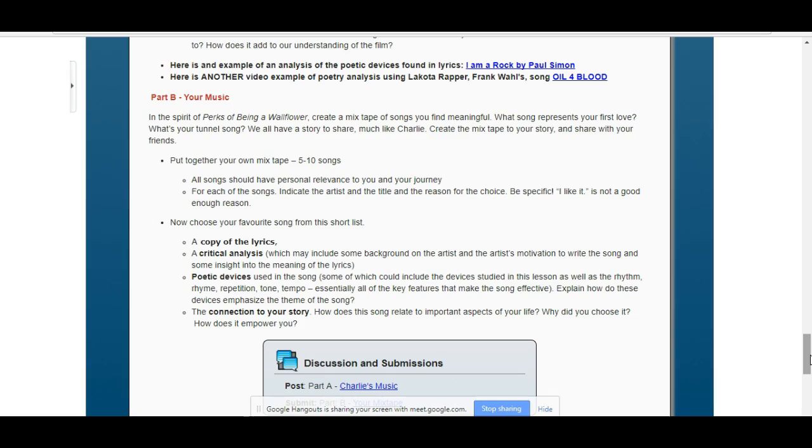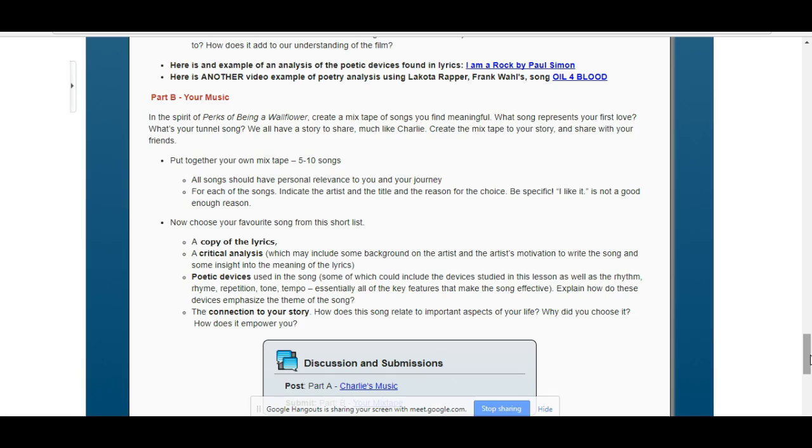Again, look at who the artist is. Look at who the band is. What motivated them to write this song? What is the song about? Was there a particular time in history that the song might be based on? Those basic elements could indeed allow you to have a greater insight on the poetic devices that the songwriter or the band used. Again, you're looking for poetic devices,